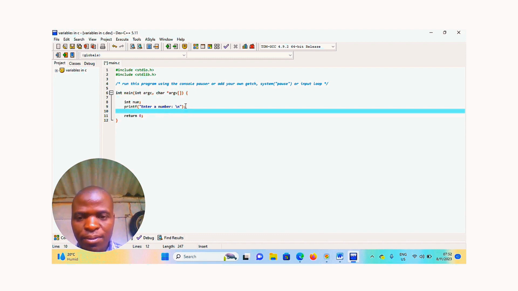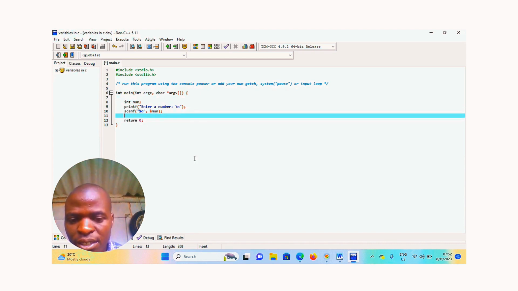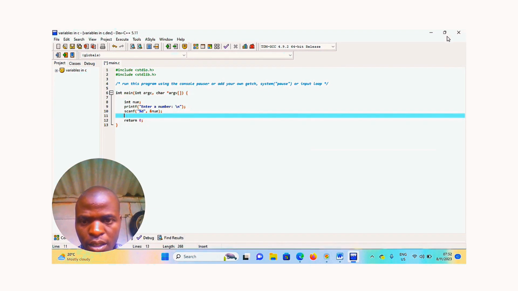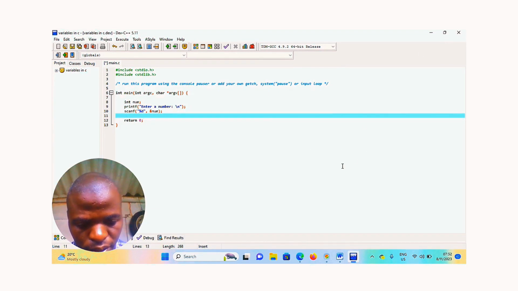We want to use scanf to get user input: scanf, %d is for integers, then use the ampersand to reference the location, then num. Then we want that number to be printed out.